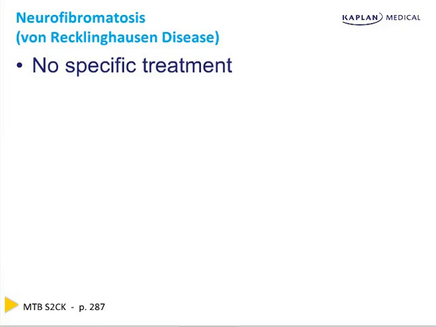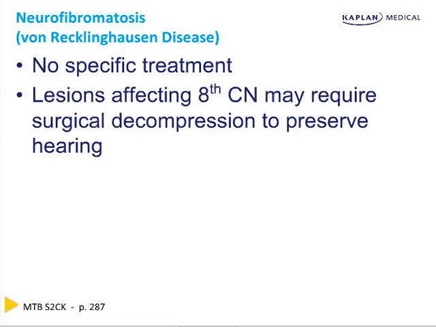Unfortunately, we don't have a specific treatment to stop, retard, delay, or impede the progress of neurofibromatosis. We can only sometimes manage the eighth cranial nerve lesion, where you might have a surgical decompression to preserve your hearing. You're literally shaving off the lesion from around that eighth cranial nerve. If I had this, I would be tempted to slice off the skin lesions. It won't work. They're going to grow back. It's only going to make it worse. So you may not like it, but the answer is no specific therapy.